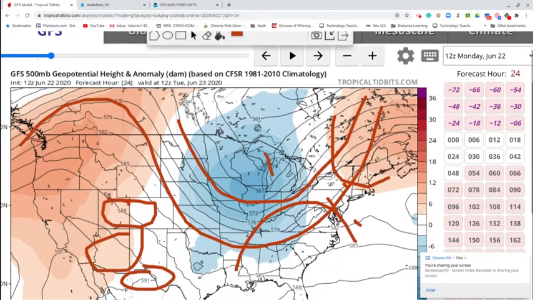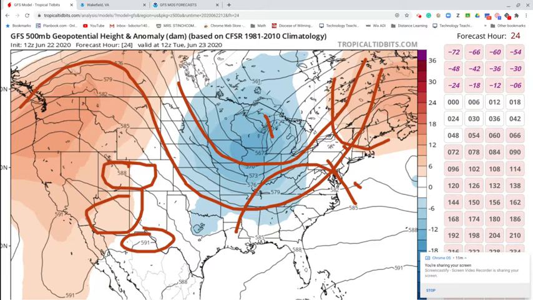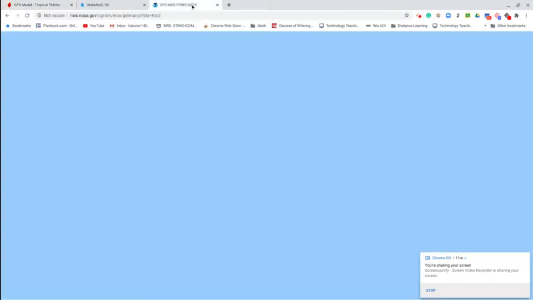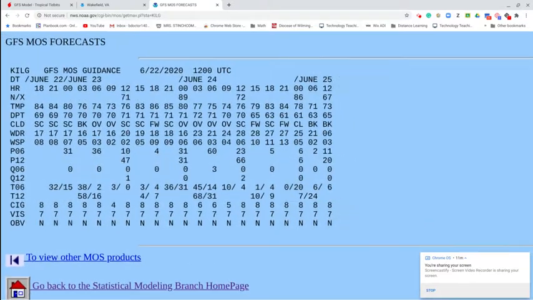So, right from just this one chart, I can tell you 10 things that are going on in the country and what the weather is like in those parts of the United States. That in general is what I do to judge a forecast. If it's real marginal, and I need more data, I go to what's called the MOS data, and I use this more in the summer because this tells me